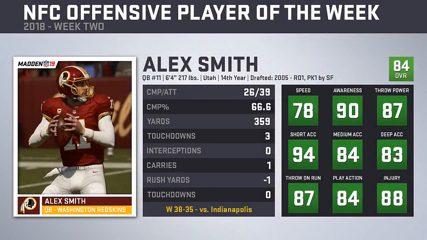35-23. To the NFC side, former number 1 overall pick Alex Smith takes home the award in Week 2 for the NFC. The former 49er Chief and now Redskin quarterback was spectacular, completing 26 of his 39 passes for 359 yards and 3 touchdowns to no interceptions to help Washington earn a 38-35 home victory over Andrew Luck and the